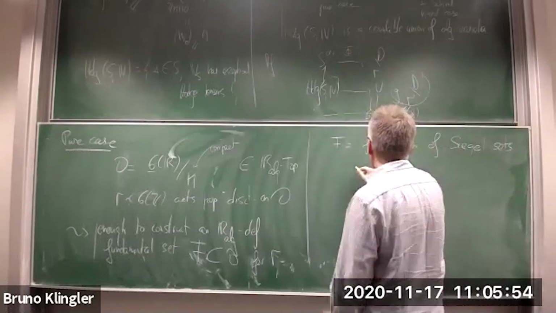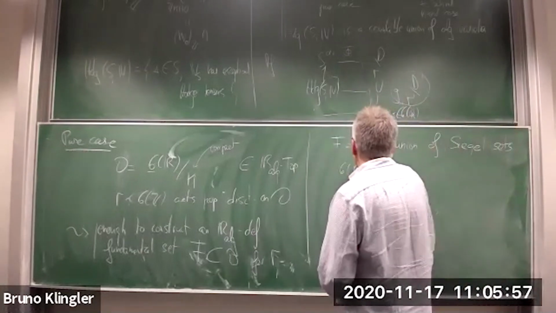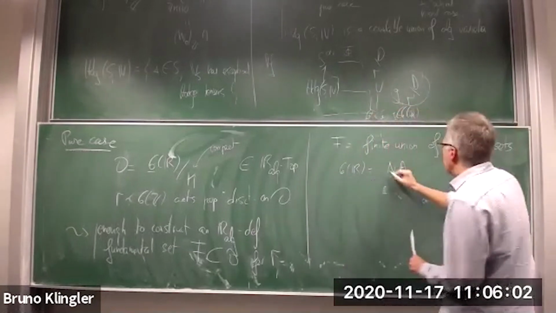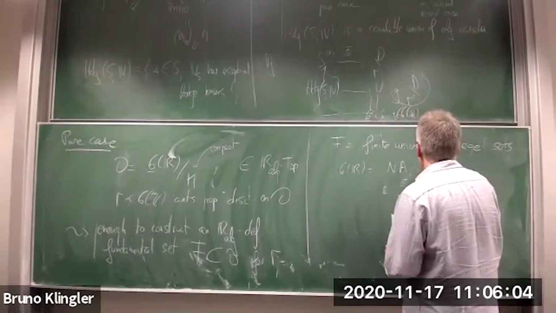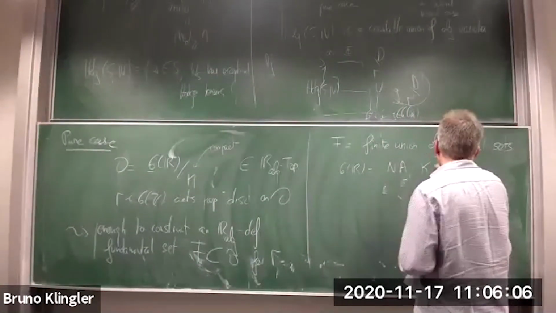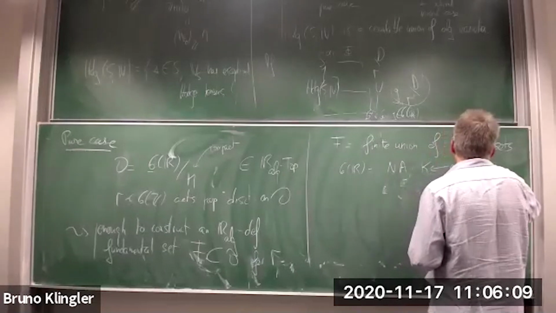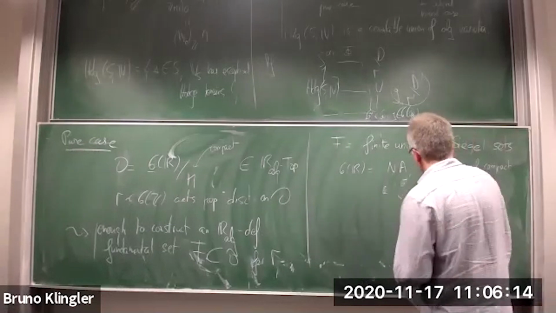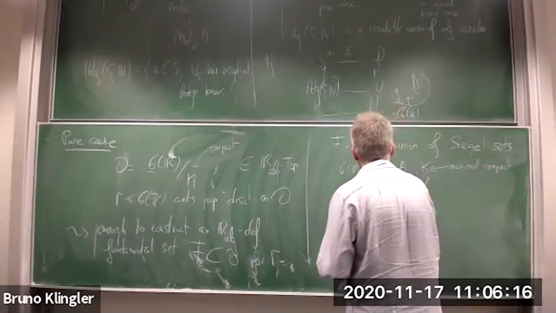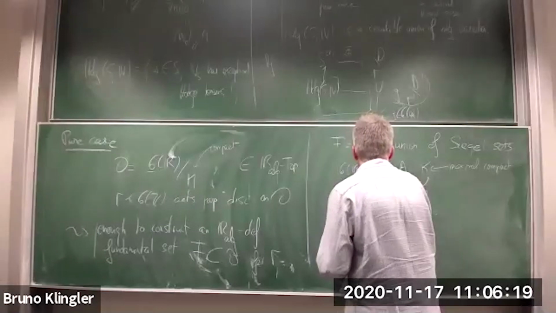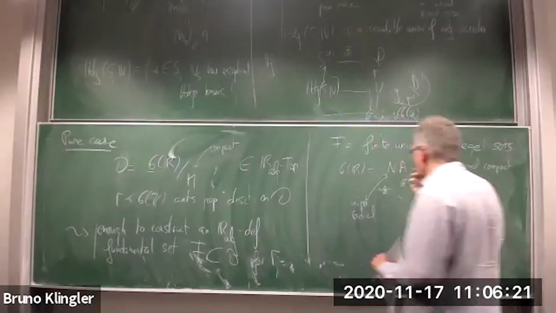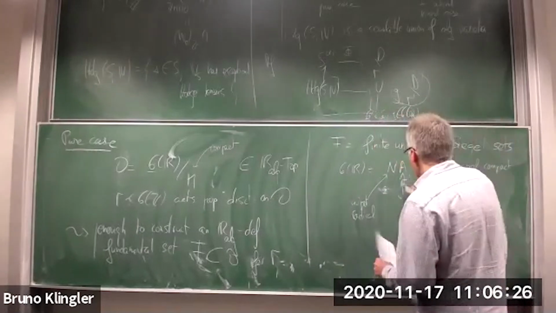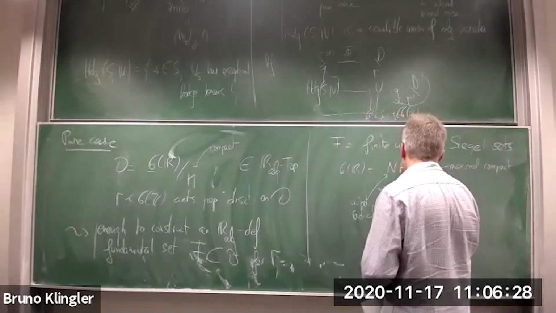So maybe I will recall briefly what it is. You write G of R, you decompose it as a product. So here is a parabolic subgroup, and here is a maximal compact subgroup. So this is maximal compact. In particular, it contains M. What is N? Well, this is a unipotent radical. Sorry, I think I used U in the general case, but okay. And what is A? Well, this is a maximal split R-torus.